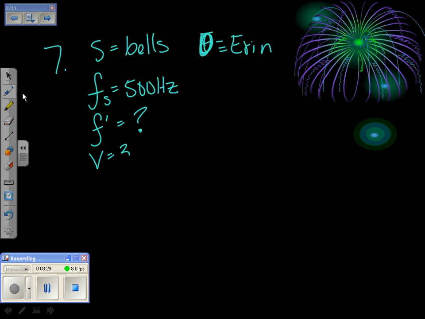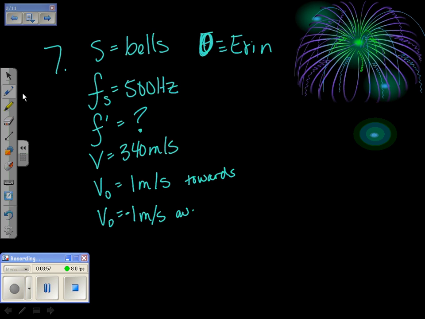I know the speed of sound is 340 meters per second. And I know that she is moving towards them at first with 1 meter per second. So this is my towards, so it's a positive number. I also know that they want me to find as she moves away. Well, that's going to be a negative 1 meter per second when she moves away, because as you recede, it's a negative number,